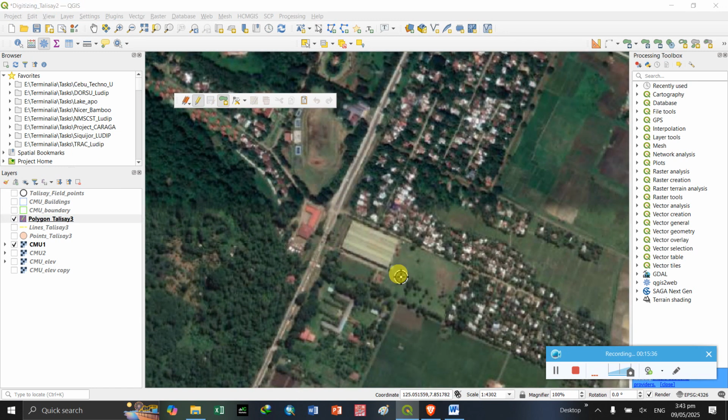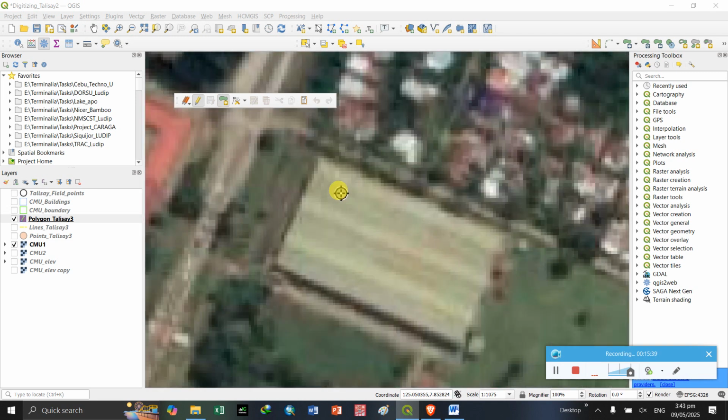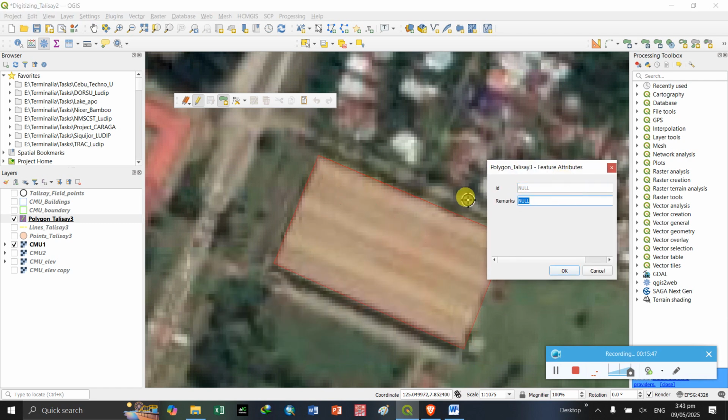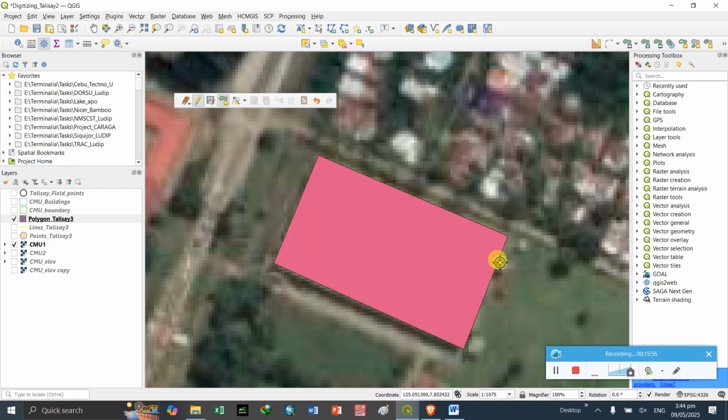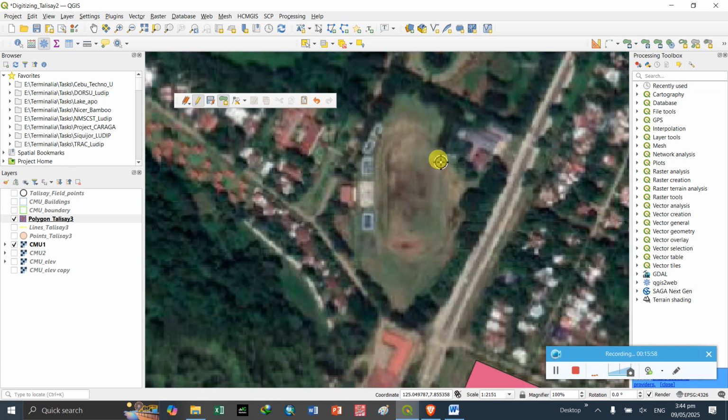Okay, so first we will have the NFA warehouse. Click on the corner, last corner, and remarks. So NFA building. That's warehouse. Okay, then another one, maybe the oval.